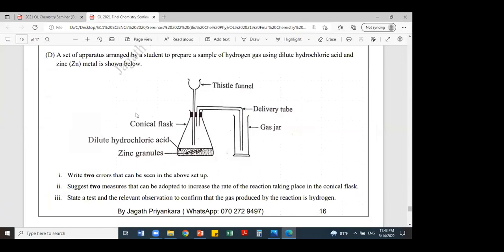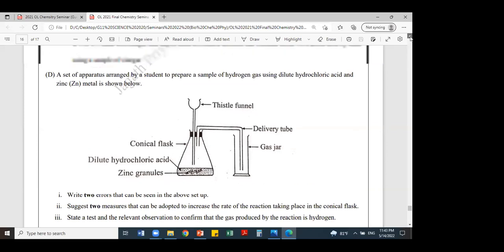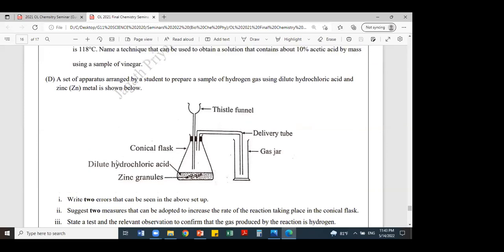Right. So you can see the screen now. I will highlight a few more questions in the other paper. I don't think I have time to discuss all those questions. There are some areas where you always get questions in the paper from this chemistry part.